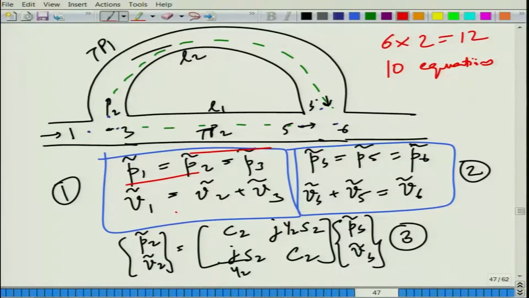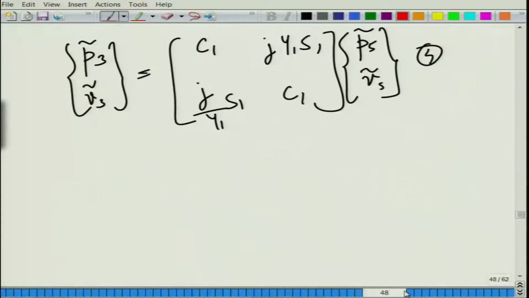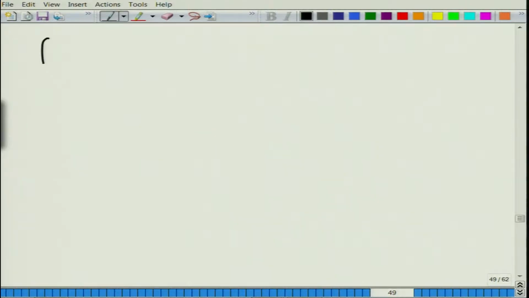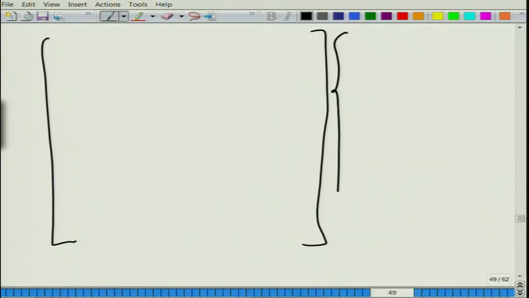So, what does it mean? That any 10 variables you can express in terms of the remaining 2 variables by the theory of general linear algebraic equations. Ultimately, what we want, like I said, cascading cannot be straight applied here, not in the straightforward manner. So, what we can do is adopt the following practice. We can rearrange the system in a certain manner